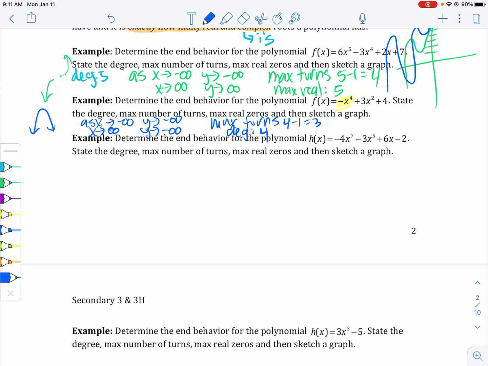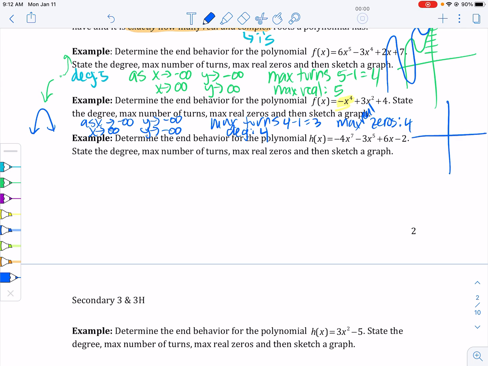Okay. And then the max number of real zeros is 4. Okay. I should say max of real zeros. Okay. There's exactly 4 zeros when you have your imaginary and your real ones together. But if you are looking at the possibility of your maximum real zeros, there's only 4. Okay. So if I draw my graph,